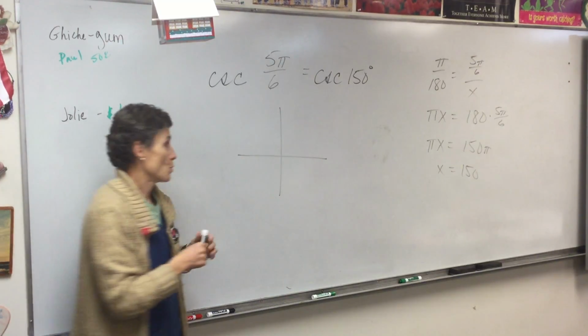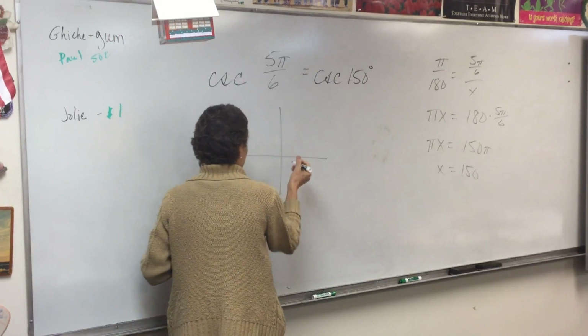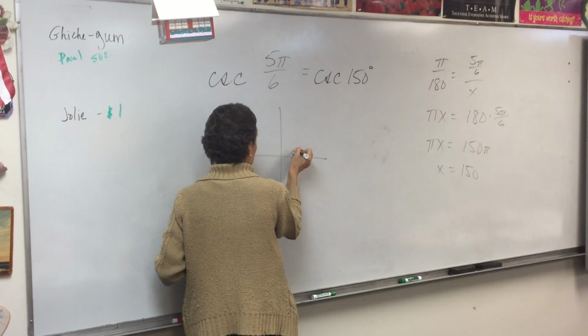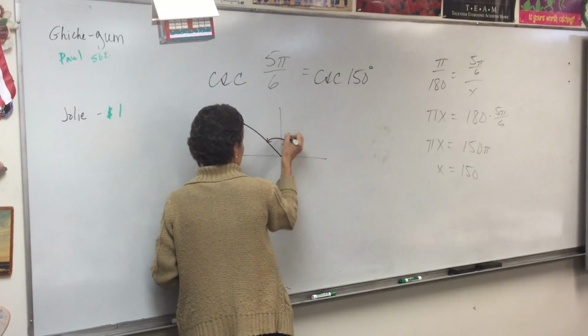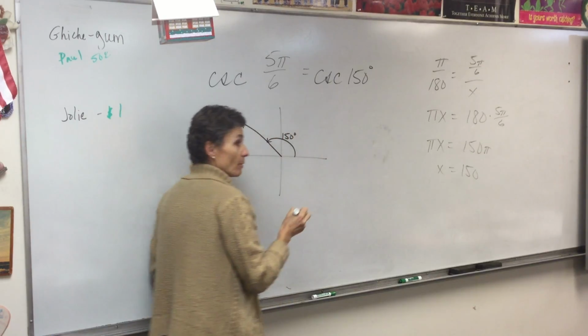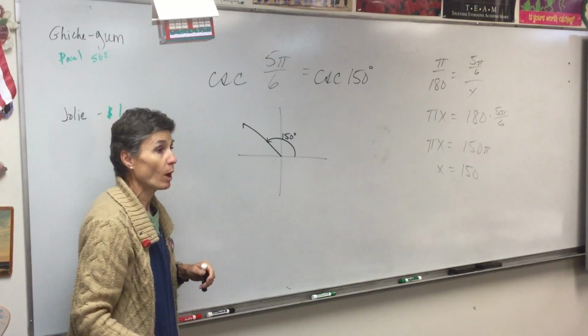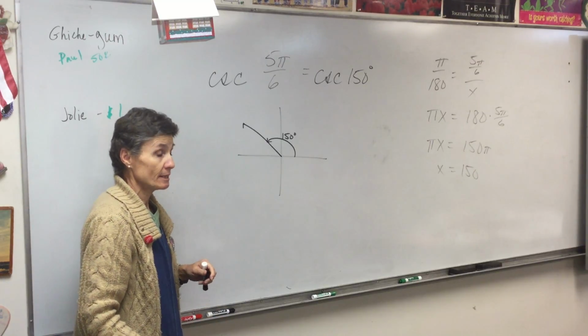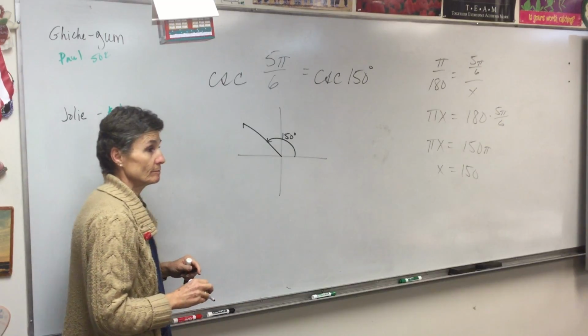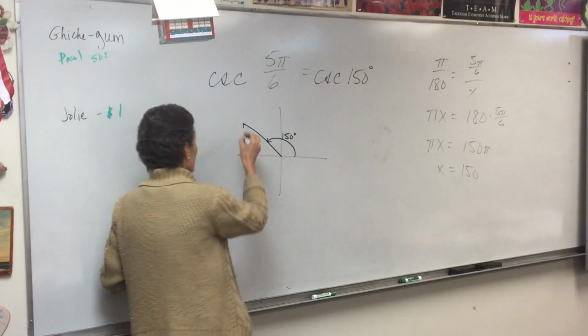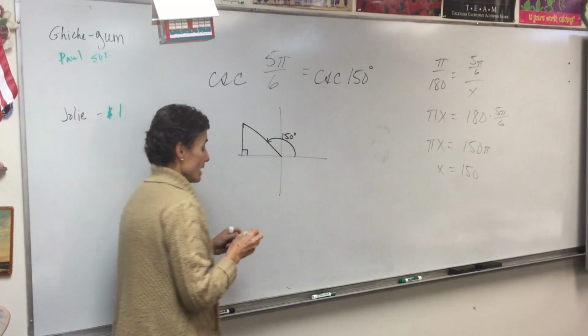And remember, in standard position, that would be this right here, 150. Now, how do I know that's 150? Because every quadrant is 90. Now, what do I do? I'm going to drop a perpendicular straight down, and I